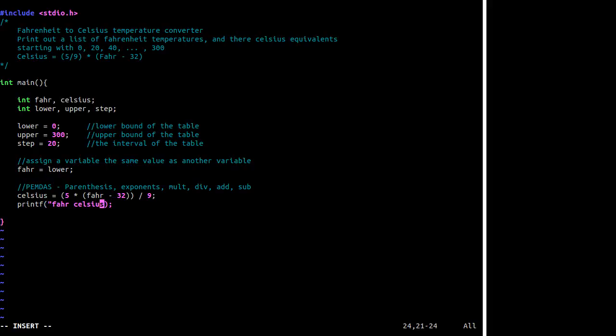So there is a way. We need to convert these to strings, essentially, is what needs to be done. And we could do that ourselves, but that's a lot of work. So we're probably not going to do that ourselves. In fact, not in this video. But what we are going to do is take advantage of the special way that printf allows us to do what we need to do, because it's a fairly common thing to want to print out variables. So luckily there's a built-in way in printf of how to do it,